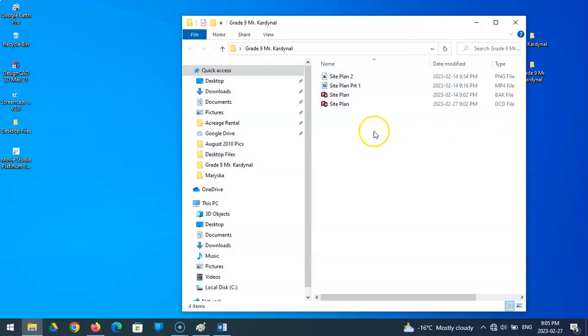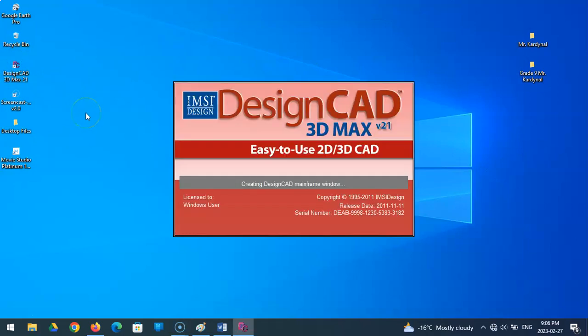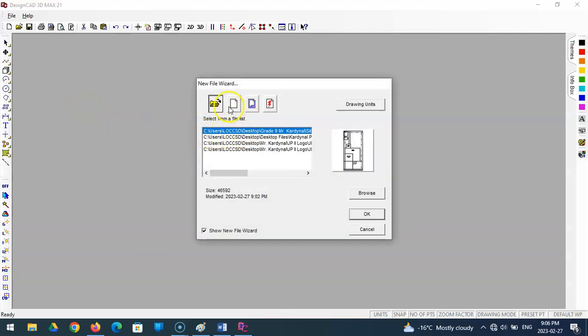So you had saved it in your folder and we called it site plan. You don't want to simply double click on this because it might not open the program. So what I always do is I open the program first. And once this starts, then I can browse from a list. It might be selected here, but you want to browse